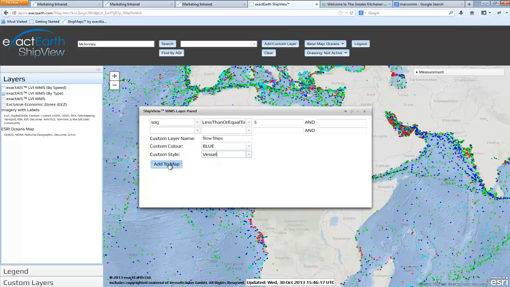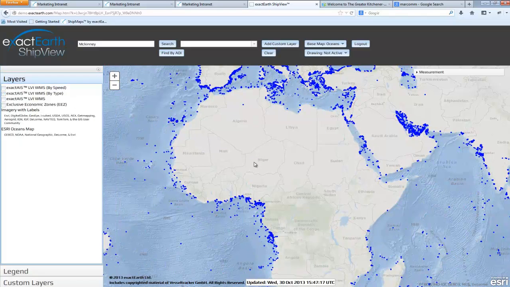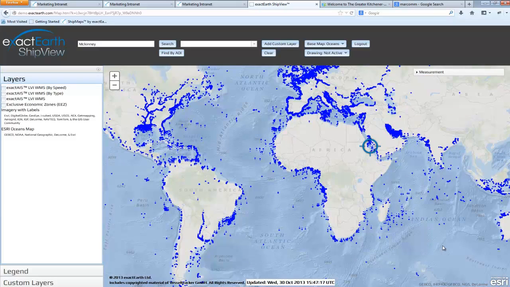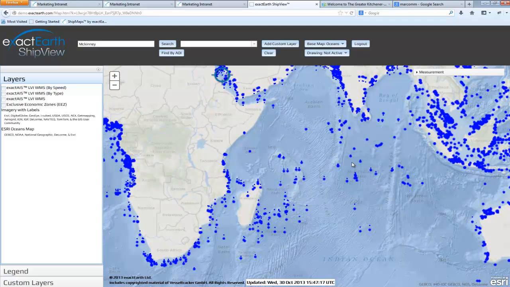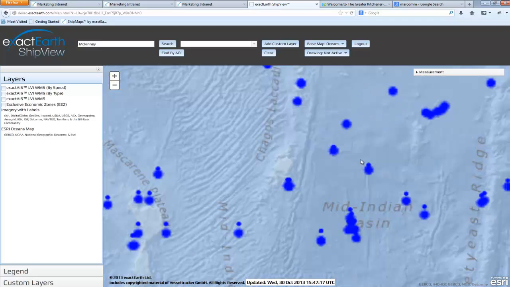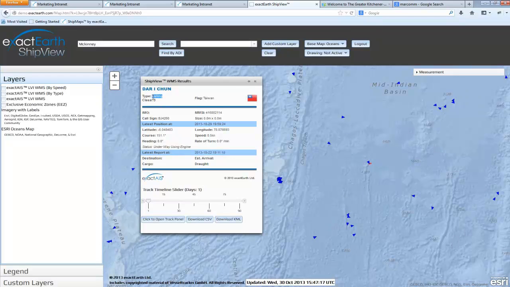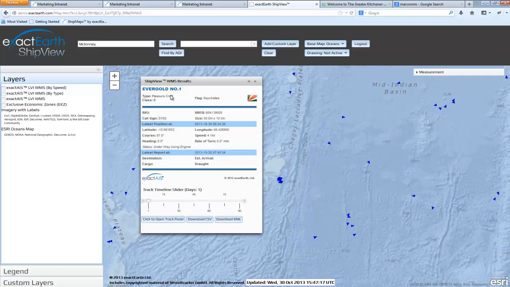When we add this to the map, this is effectively going to make a machine-to-machine request where we have a web map service that is pre-set up that we can go after, similar to our Canadian vessels, if you remember from the last section. And now we can see all of the ships in the oceans that are going less than 5 knots. We'll just zoom in and we'll click on some of these. This is the Dar IHN. And here is the Evergold #1 from the Seychelles.